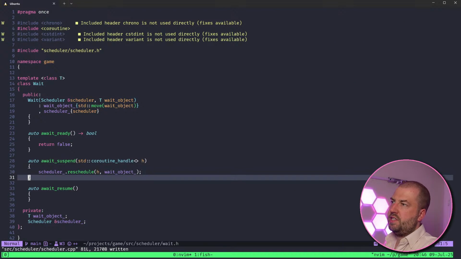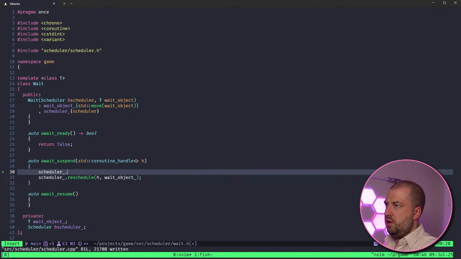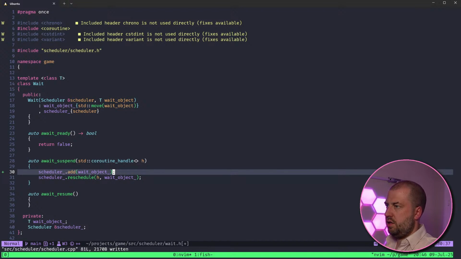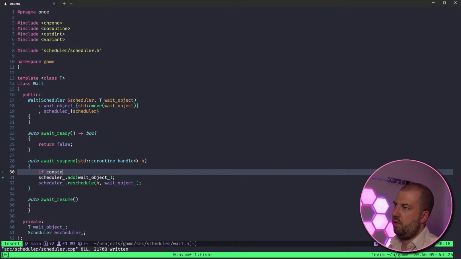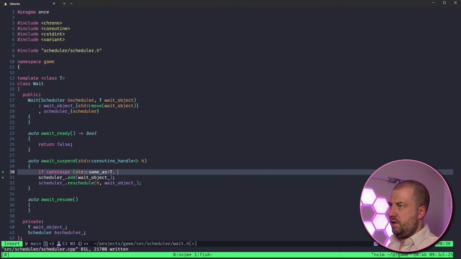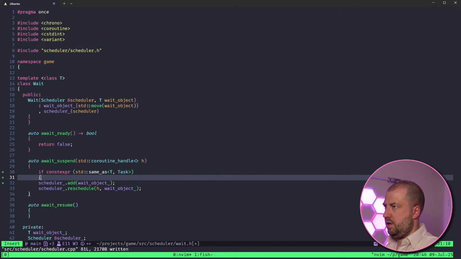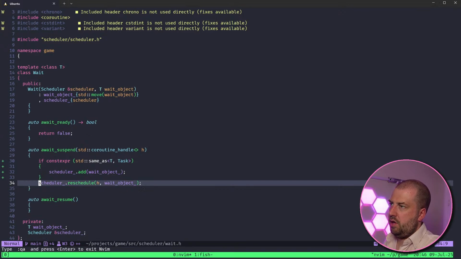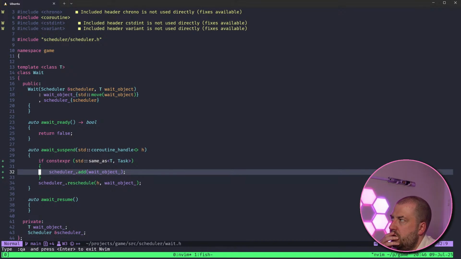This isn't going to work because in here we need to do scheduler.add wait object. Oh, this is grim. A little bit of specification there. We add the scheduler to the queue. The task that is found should also be checked if it's a valid task. I can't remember if I checked that. Yeah, we can always go and look at that.